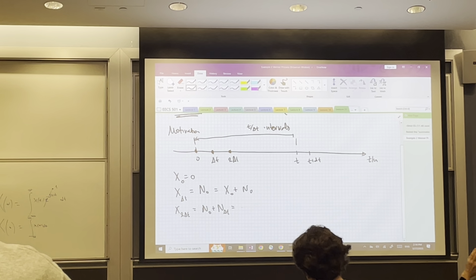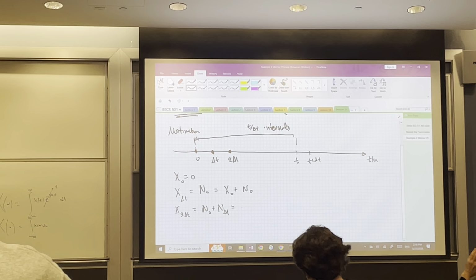What happens to IID Gaussian random variables? The sum of these. What is the variance of the sum of IID Gaussian random variables? It's a sum of the variances, indeed. Okay? So somehow this process increases in variance. What about its mean? 0. Okay? So it's a process that has 0 mean, that is equally likely to be